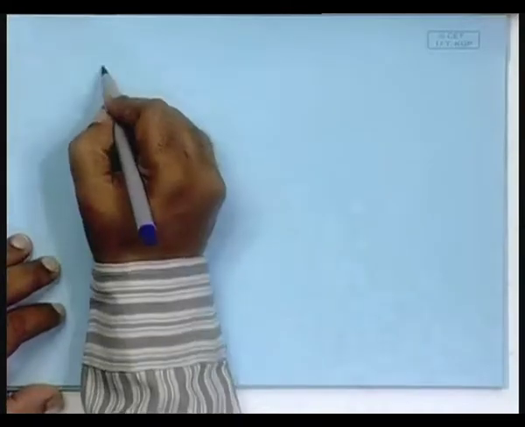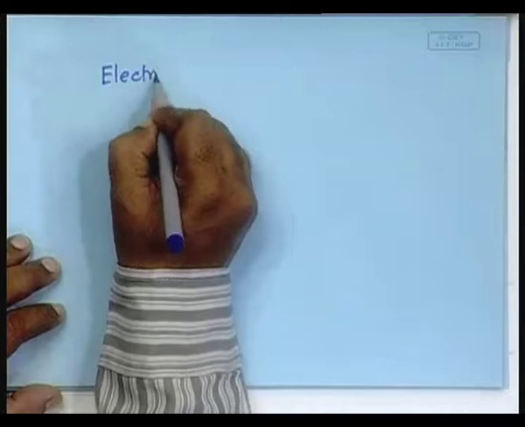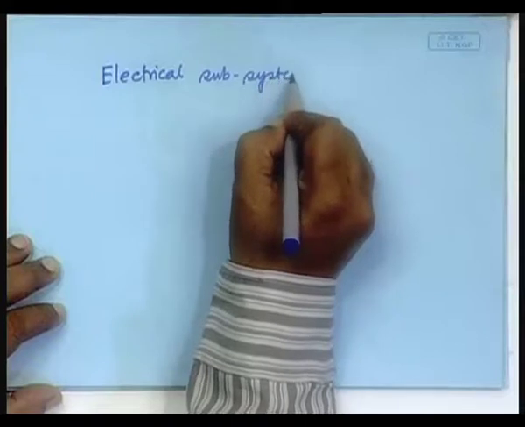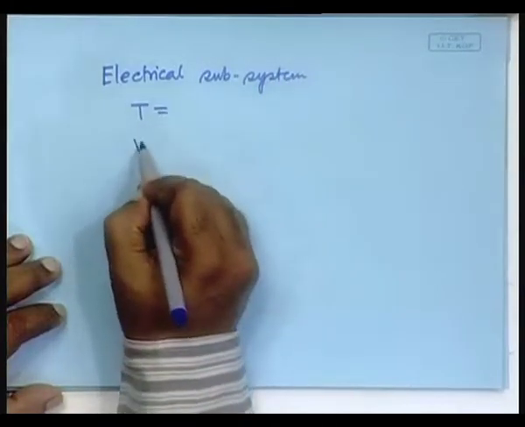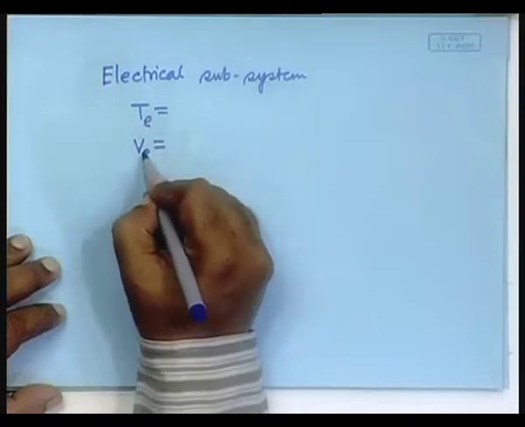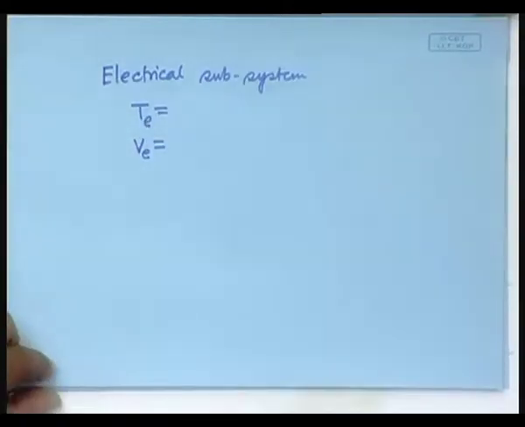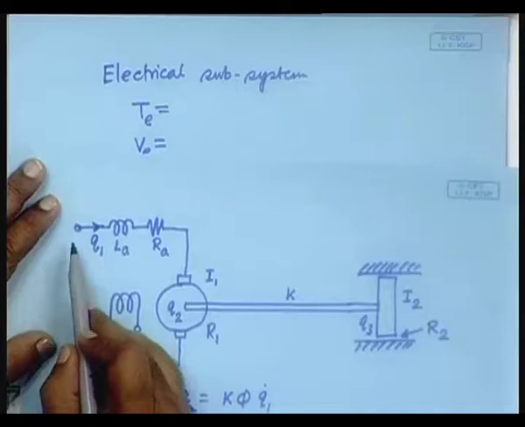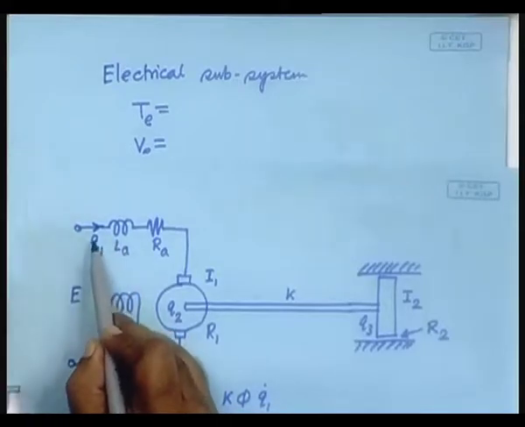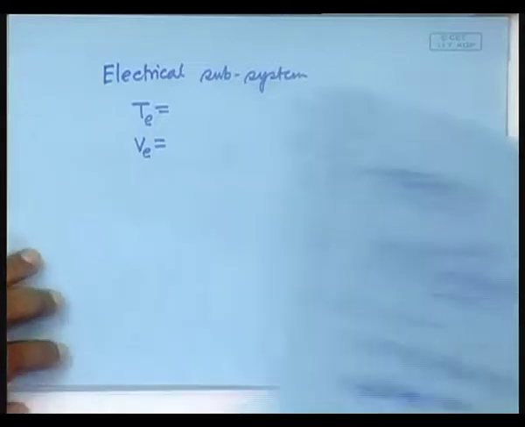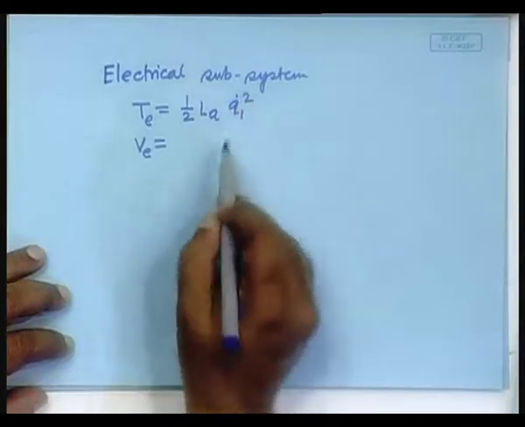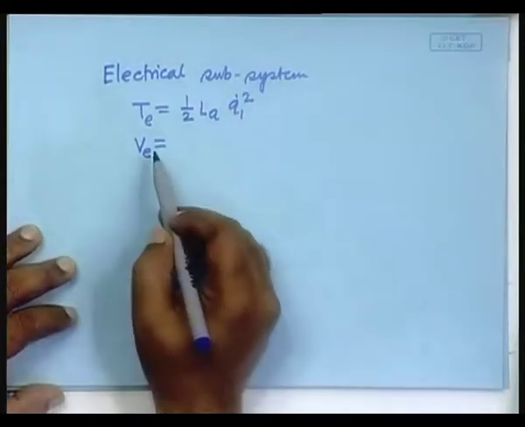So, for the electrical subsystem, what will be the kinetic energy, what will be the potential energy? We will put the subscript E. Half LA Q1 dot square, right. So, this is half LA Q1 dot square, that is the kinetic energy. The potential energy is